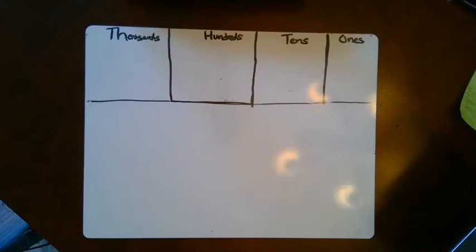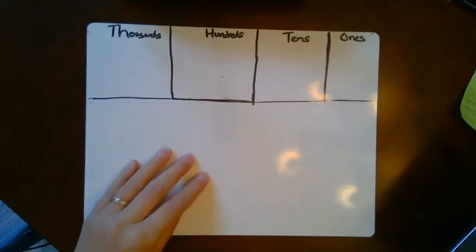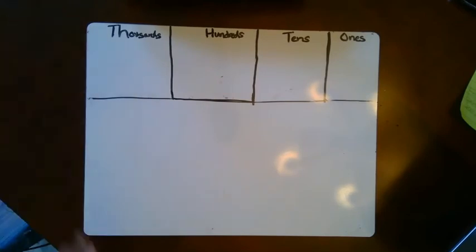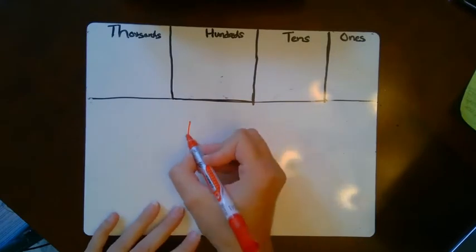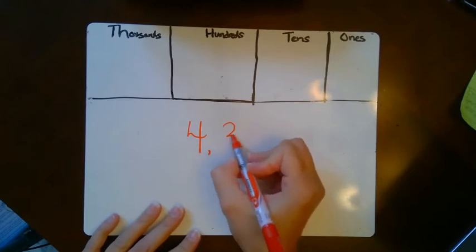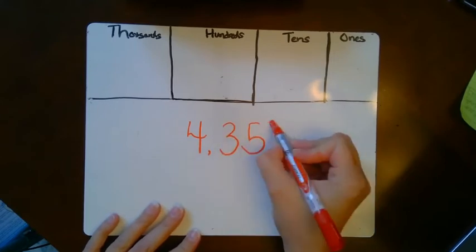Hi everyone. So today we're going to take a look at subtraction with regrouping using the standard algorithm and base 10 block models. So I'm going to start by writing down my minuend. My minuend in subtraction is the bigger number, the number that I'm starting with that I'm going to take away from. And that number is